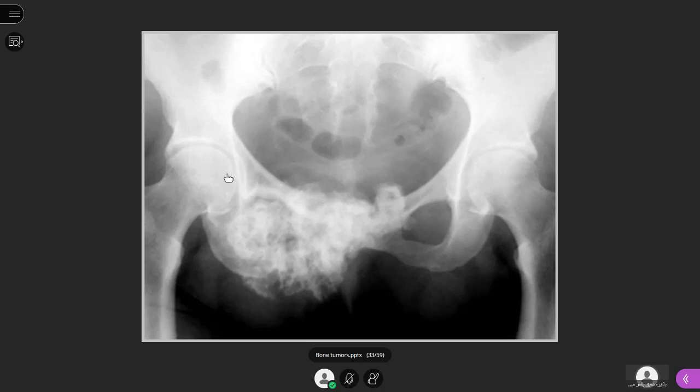The lesion also includes some calcifications or ossifications, and it can have a lobulated appearance, which is sometimes called cauliflower appearance. Cauliflower is called zahra in Arabic. So that vegetable appearance, the cauliflower appearance, is what you see in the pelvis. This is an X-ray of the pelvis, AP view, showing a destructive lesion which is destroying not only the pubic symphysis but the superior and inferior pubic rami, the ischium.